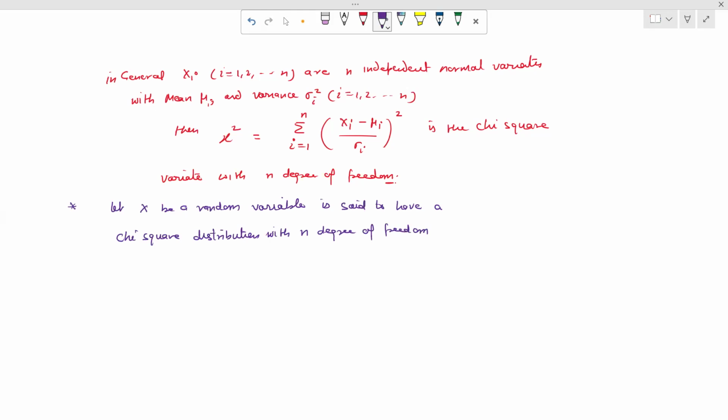So we write X follows the chi-square distribution with n degrees of freedom, and its PDF